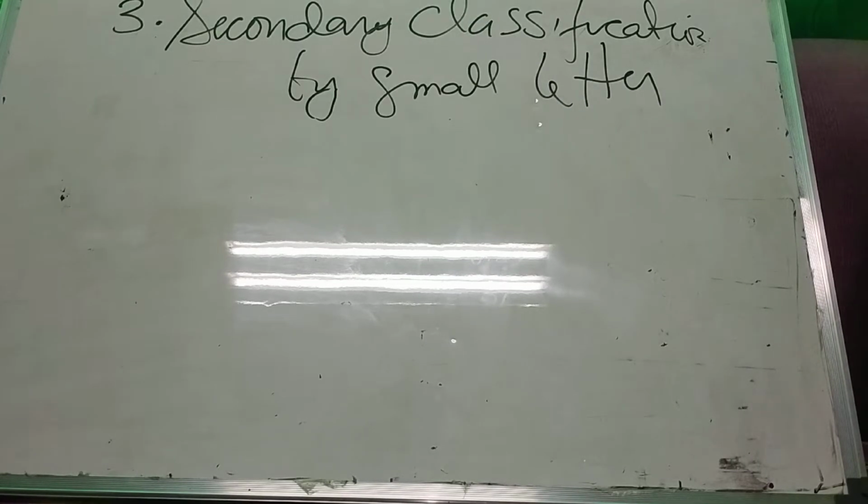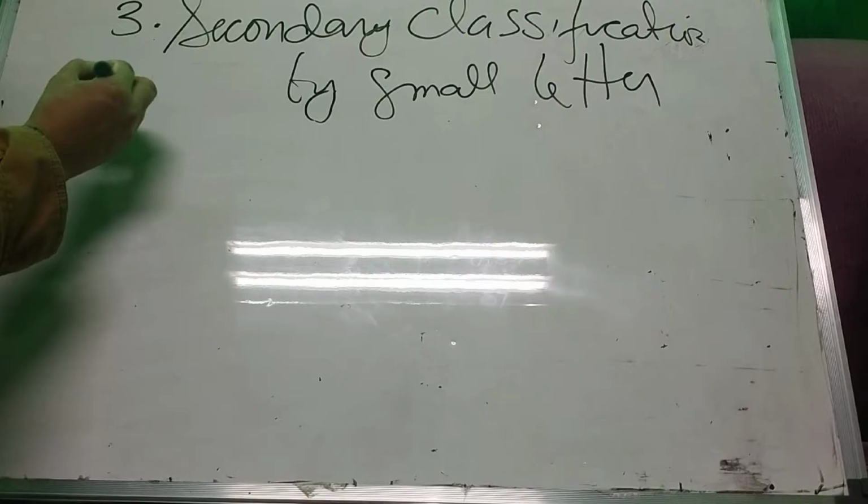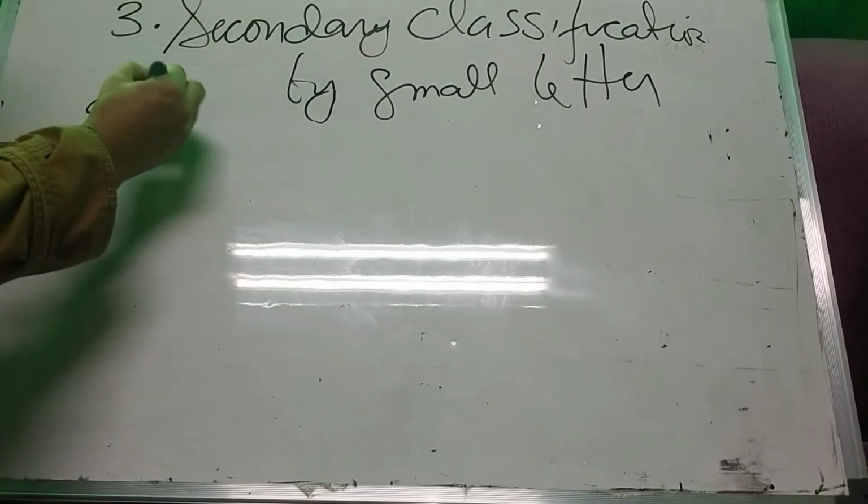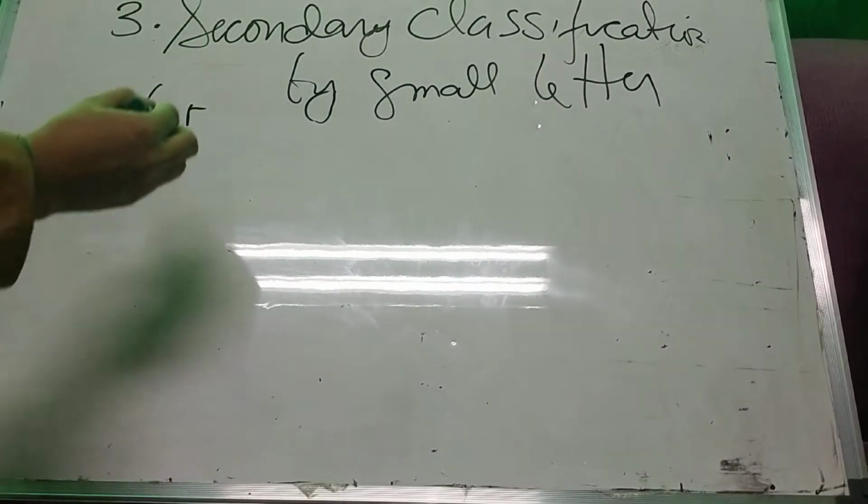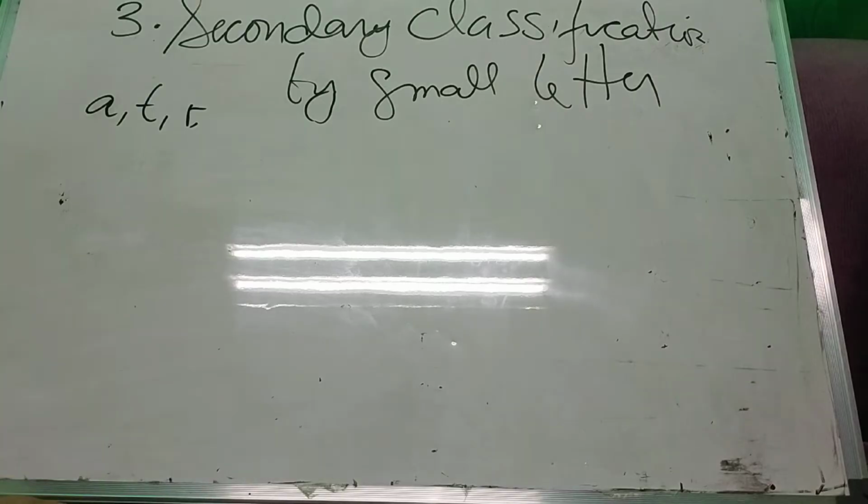So, our topic for today is the secondary classification by small lettered group. The small lettered group refers to the three types of fingerprint pattern only. These are Radial loop, plain arc, and tented arc. So, always remember the A, T, R. This applies to all fingers except the index finger, since this is used only for the capital lettered